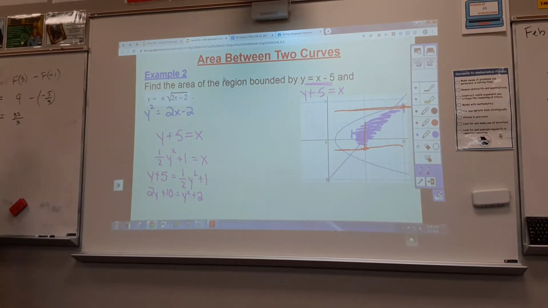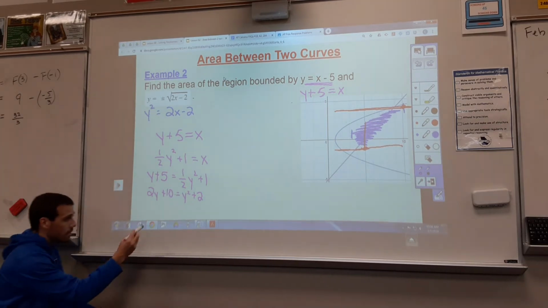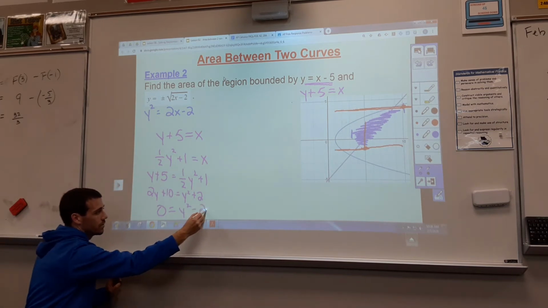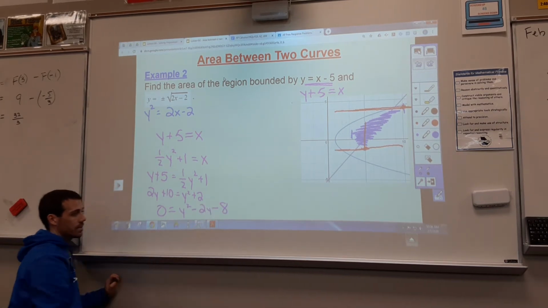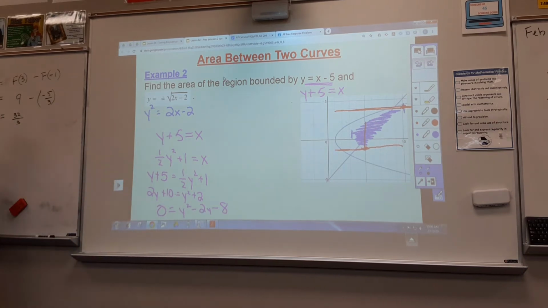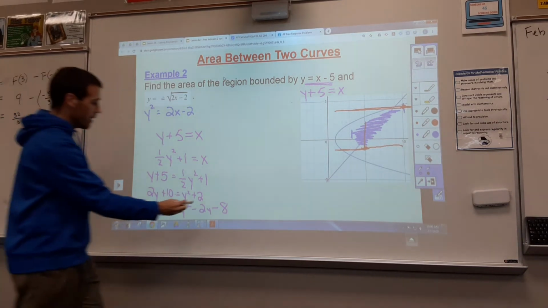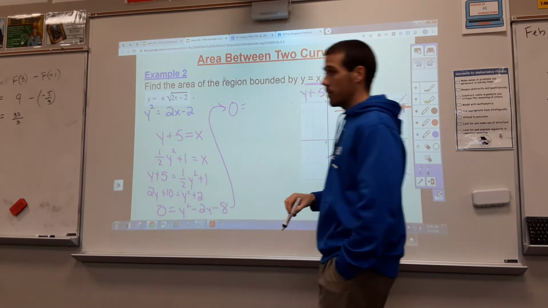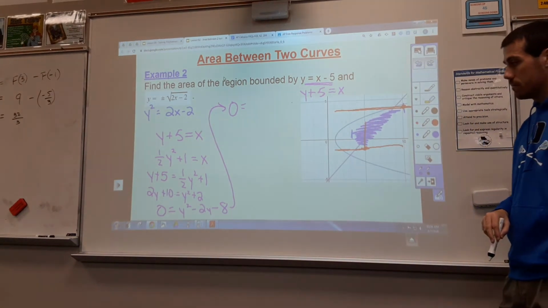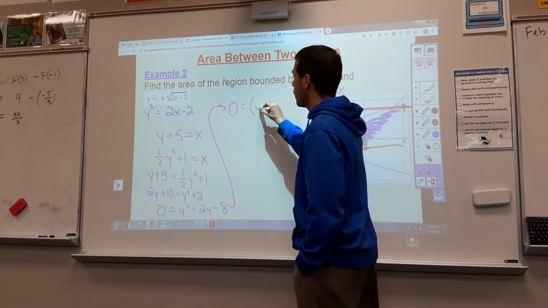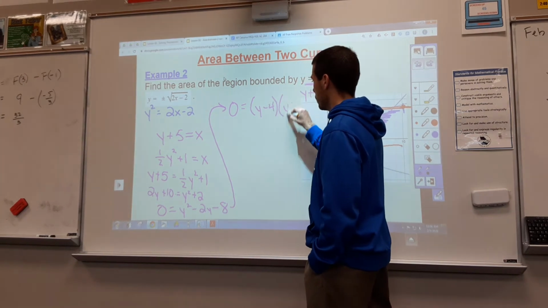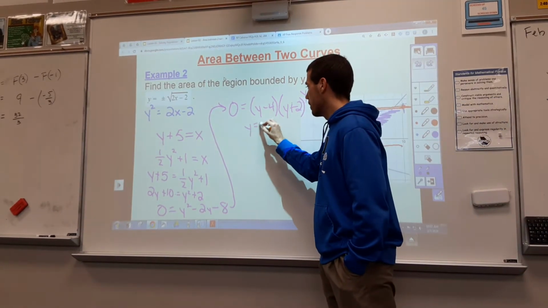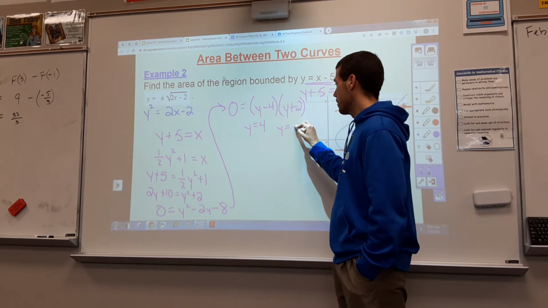Now let's get everything on one side. So I'm going to have 0 equals y squared minus 2y minus 8. And so now again, it's a nicer problem. If I can factor this, what will that factor into? Minus 4 and 2. So (y minus 4)(y plus 2), which means that y is going to equal 4 and y is going to equal negative